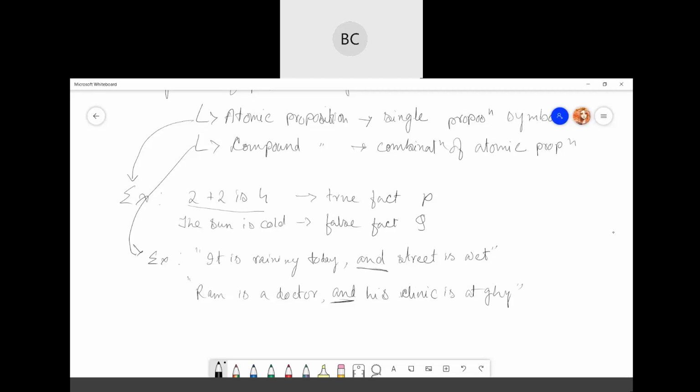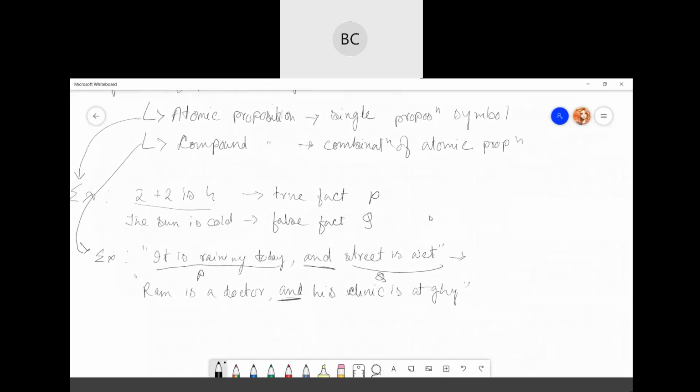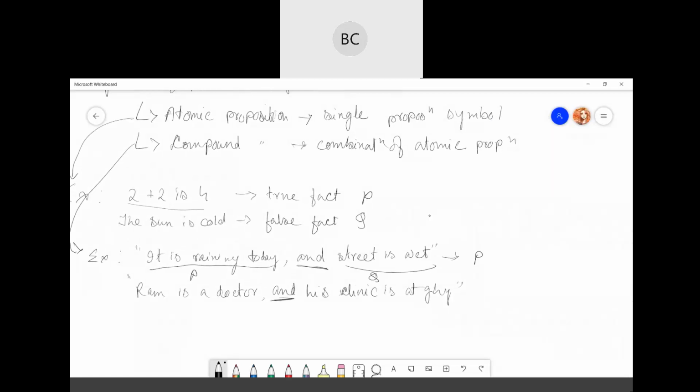Here there are two statements: it is raining today, which is P, and the street is wet, which is Q. So you can say P and Q. This is and, or conjunction.